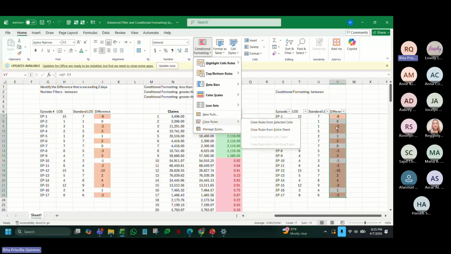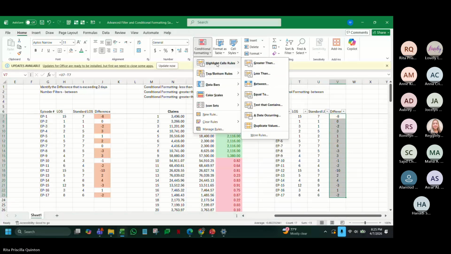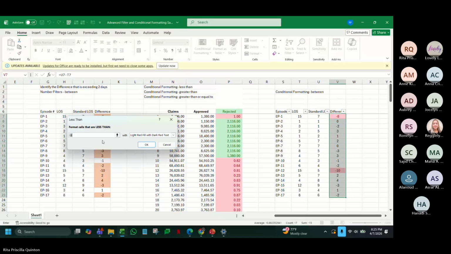Now, I want to do another thing. This is the first time I will try this and I want to try it with you guys. I will clear all the rules and then I will highlight less than -1, sorry. Yes, so this is my desired outcome. The same here, but first on the negatives. Okay, I will try it.